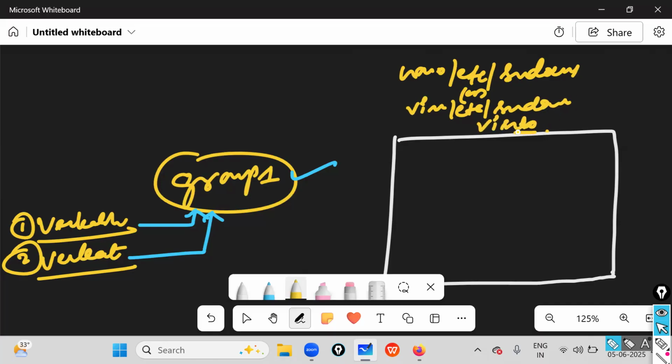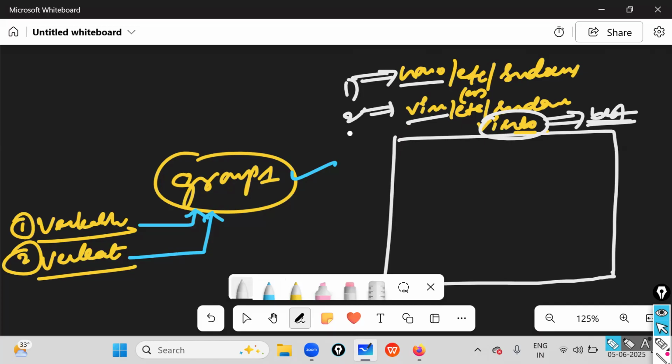That means we can open the sudoers file with either nano, vim, or visudo. But visudo is the best way to open the sudoers file. You can use any one of them, but anyway, visudo is the best one to open the sudoers file. Like that, I used visudo. Afterwards, I opened the sudoers file.